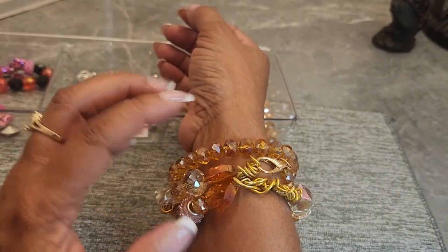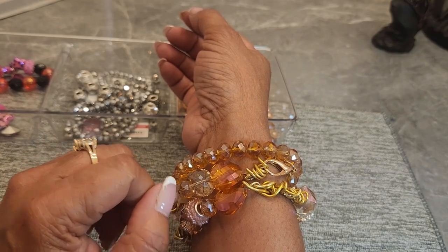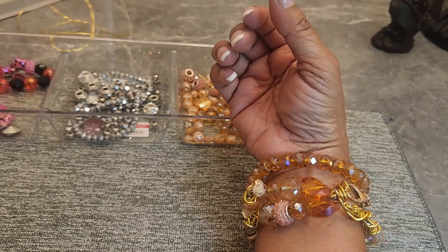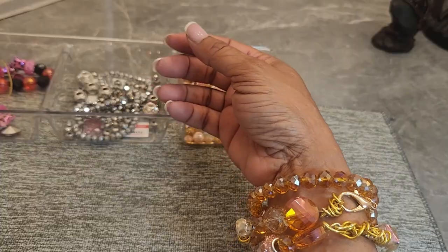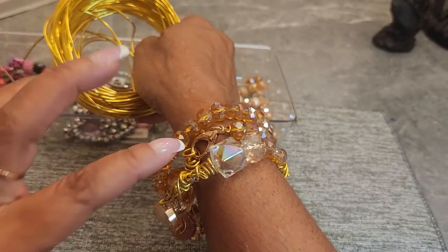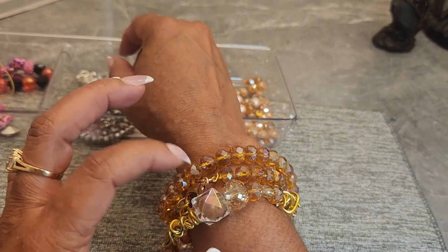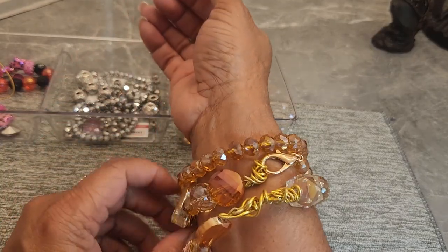What I learned in doing this design is that when I make more to put on the market, I used this 24 gauge and I would have had an easier time if I had used a stronger wire. This is the wire that I use to thread the beads with, because they wouldn't fit my 16 gauge wire here. I use this 16 gauge wire to add this embellishment and make the connection stronger. So next time I will probably use 18 gauge wire to thread this, and then I'll still do this design with the 16 gauge wire,